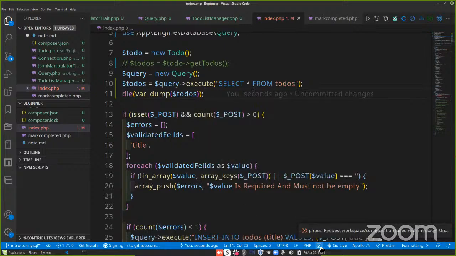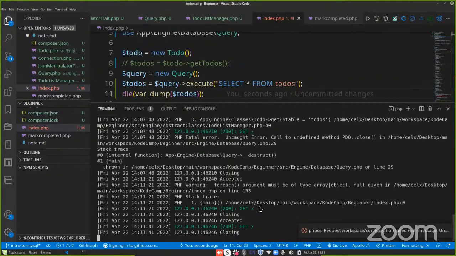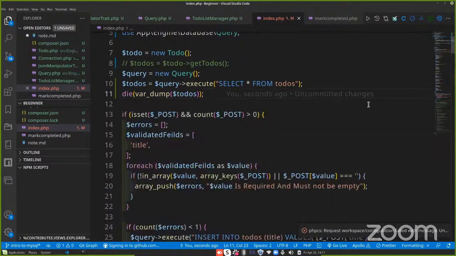So it seems we're having some error. So let's see what that is. Okay, so we can only save. I think execute does handle save. So we are going to call